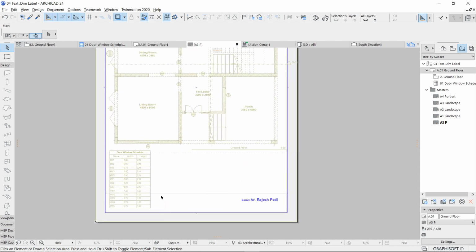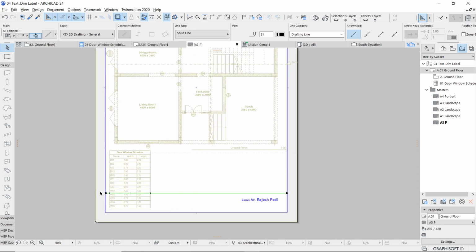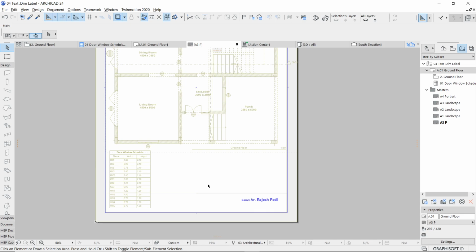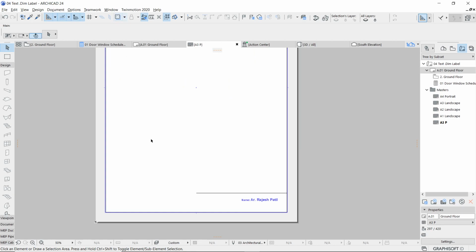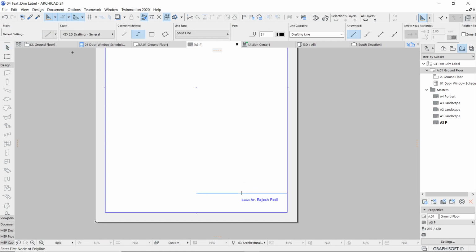Now a very simple thing, I'll just single click on this line, and if I say that overall length of the line I want to make it as a half of this distance, you can check out half mark over here. And then I have deselected this object. If you want, you can trim down, switch off this reference, and then I will just try to use Alt key and pick on the line, so that it picks the parameters. So ArchiCAD will take that as a default setting. So I don't have to find out which pen number and everything. Automatically ArchiCAD will take everything. Only thing, I'll choose the right geometry method and I'll just try to complete this much of part.